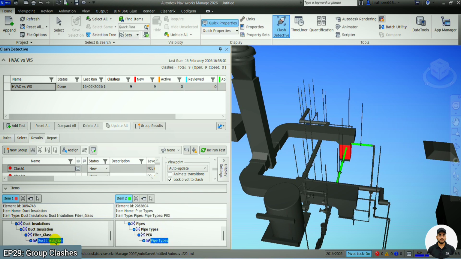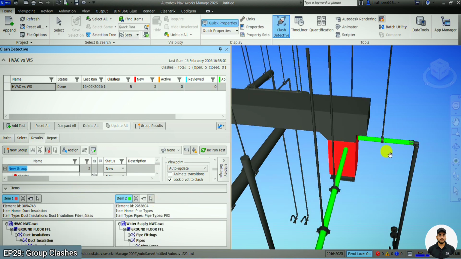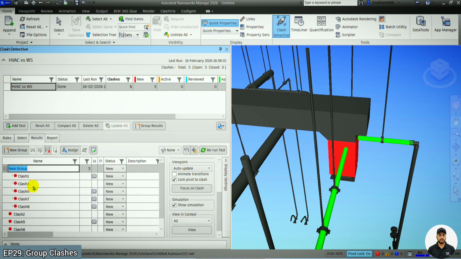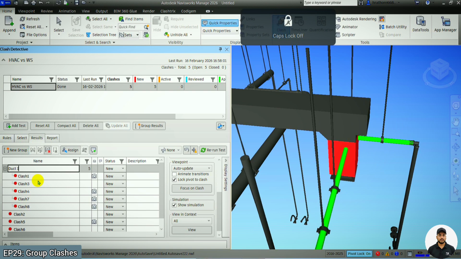Simply click here and use group clashes involving item. Whatever items are involved with this group, it will create one group. You can see that for clashes 1, 3, 4, 7, 8 it has created a single group. You can mention here duct insulation